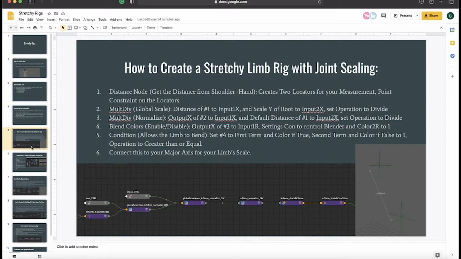And thus, if the first term is greater than the second value, it will be the value that it's going to be stretched to. And then if it's false, it's going to be at its default 1. So essentially, yes, the condition node will allow your rig to stretch if it's being stretched beyond the distance of the original limb. And then through all of that, you would connect this to the major axis of your limbs